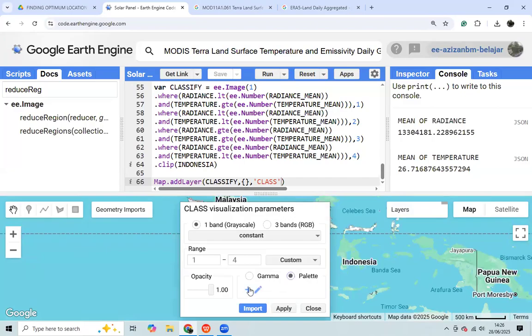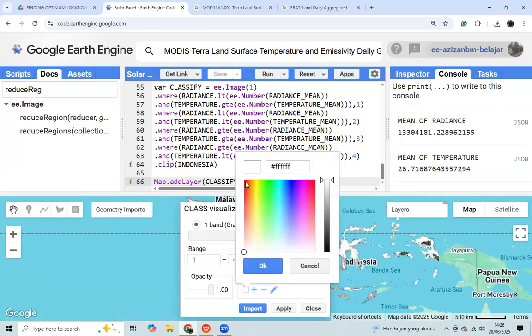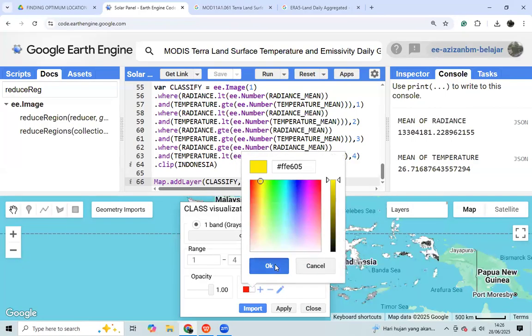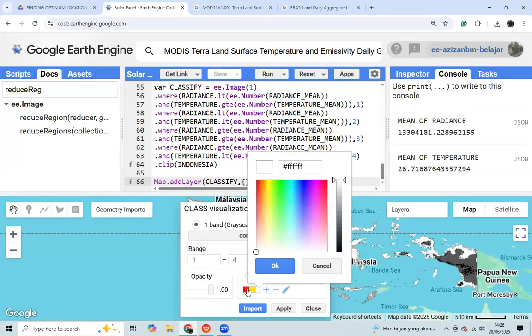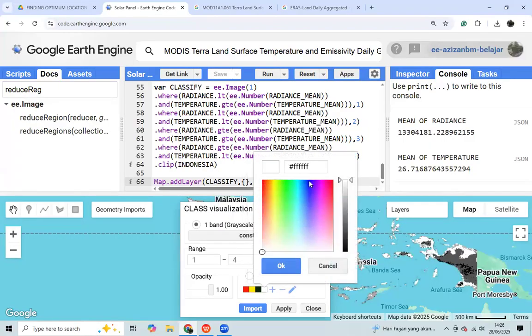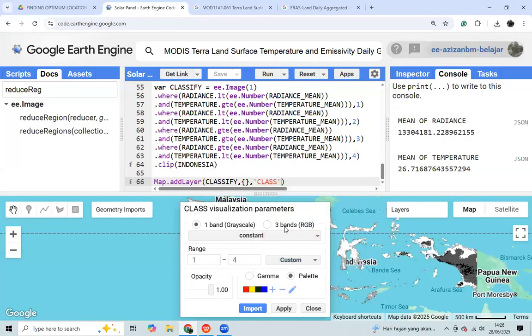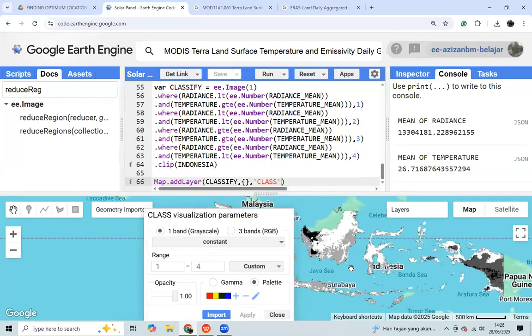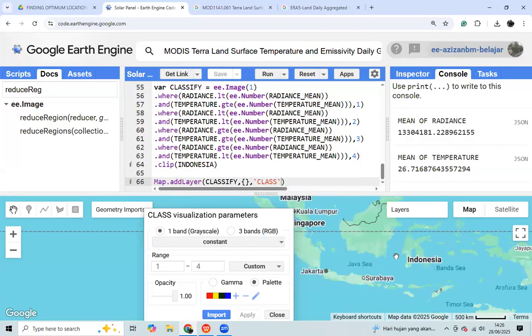We can specify the palette: the first class is red, the second class is yellow, and then green maybe, and the last class is only blue. You apply it to find the most optimal location in Indonesia.